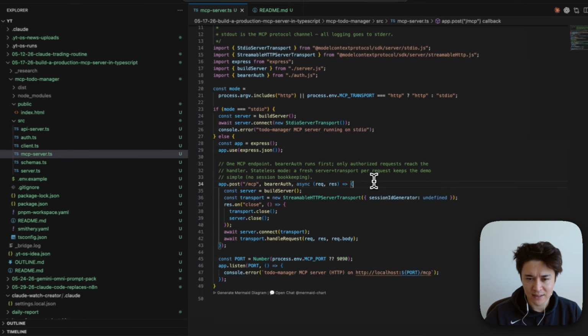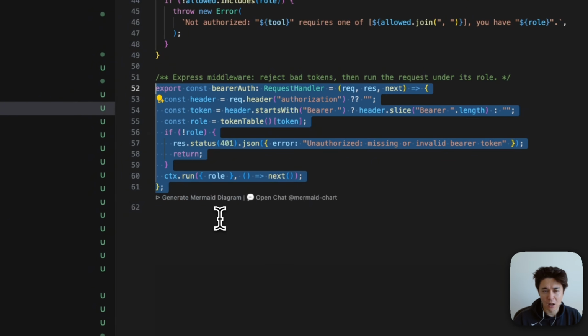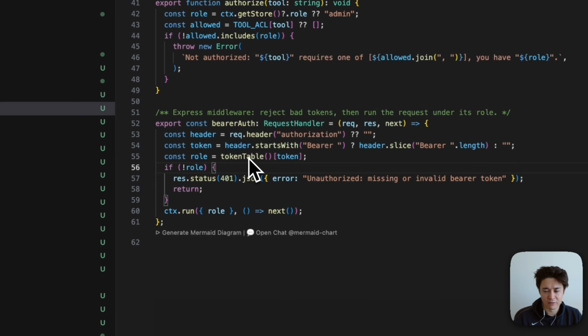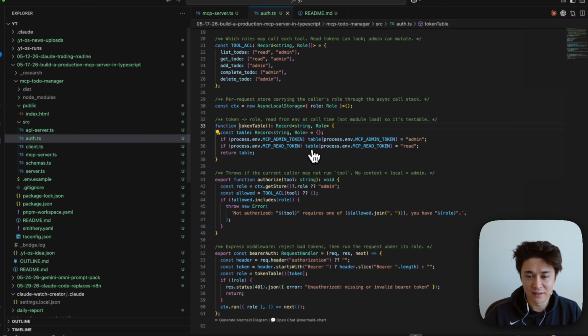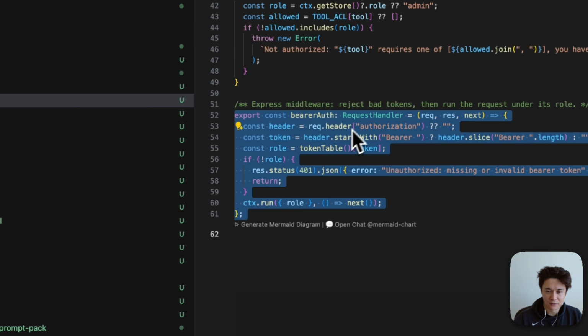server. If we look at this actual post request, you can see that there is some auth middleware where we ensure that the user calling this /mcp server is authorized. It looks at the authorization with a bearer token, and then checks if we have the right token. If not, it will reject this as an unauthorized call. But if it passes, and in this case, if our token is admin, we will then have access to this